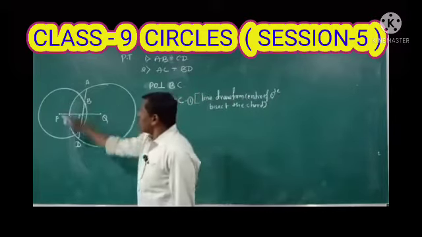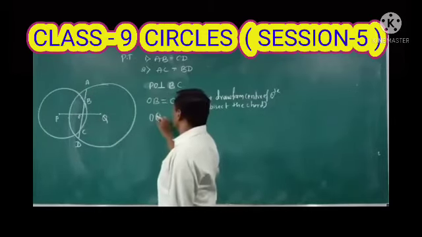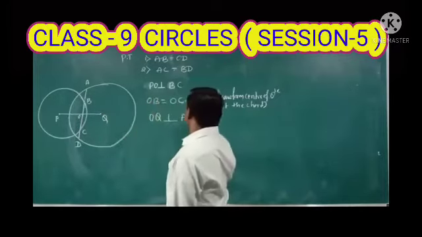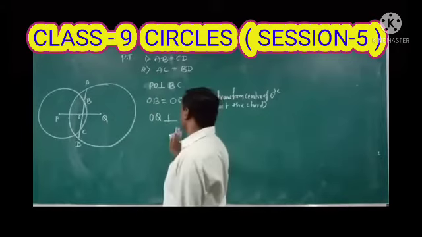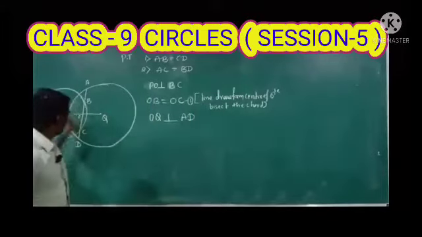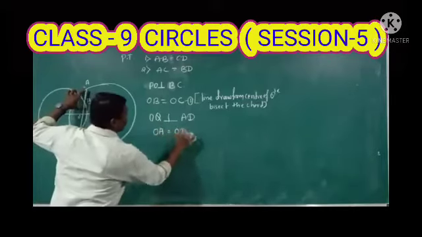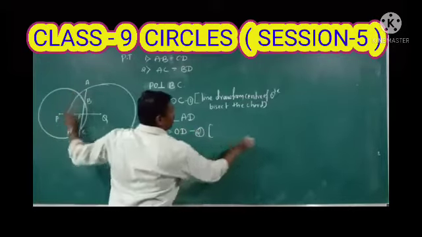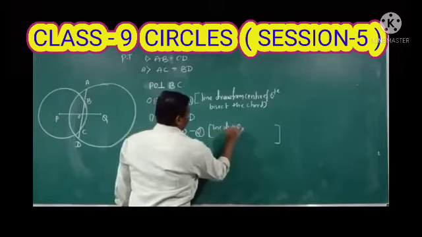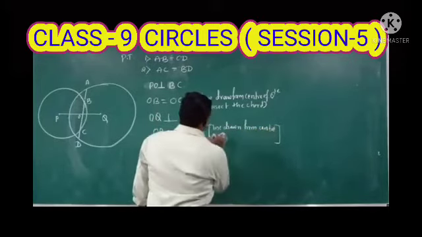Now take one more circle, that is the second circle. In that, OQ is perpendicular to the second chord of the circle, AD. OQ is perpendicular to AD. Again, when it is perpendicular to AD, it means the chord AD will be bisected into two equal parts, and the two equal parts are OA is equal to OD. Consider this equation as 2, and the reason remaining same, that is line drawn from center of circle